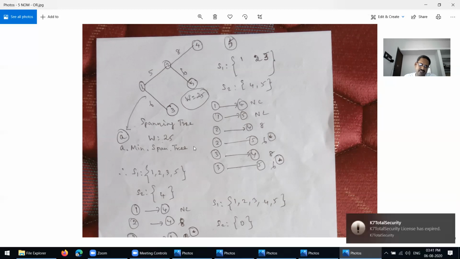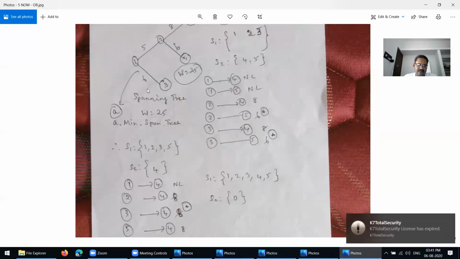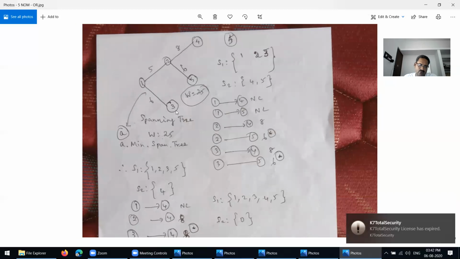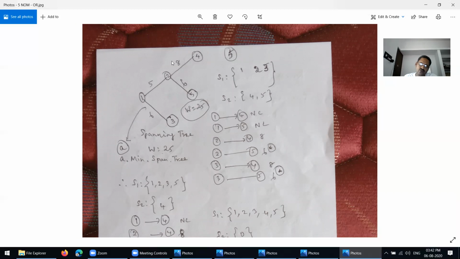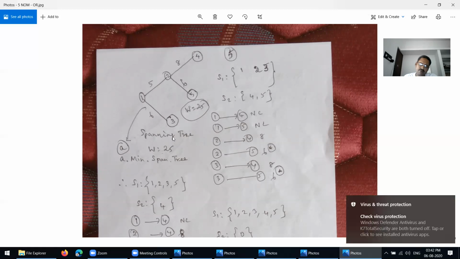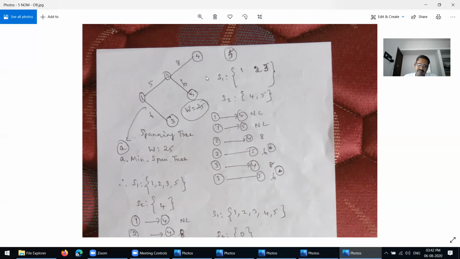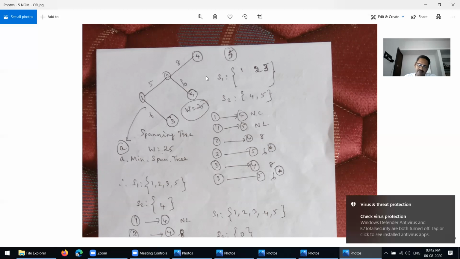See here now, the first one is connected to 3 with less value, and then 2 is connected to 5 with 6. And then this one, what is the 2 to 4? We have the 3 values, 2 to 4, 3 to 4, 5 to 4, all having 8. So now I select only 2 to 4, which is 8. So how many vertices here? We have 5 vertices, the same. The parent also has the 5 vertices, both the same. And then how many edges? 1, 2, 3, 4 edges.